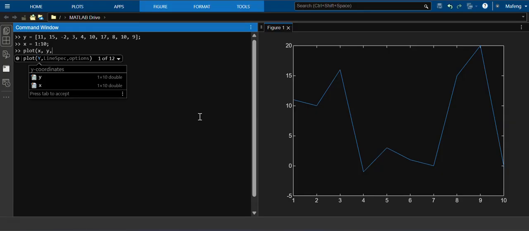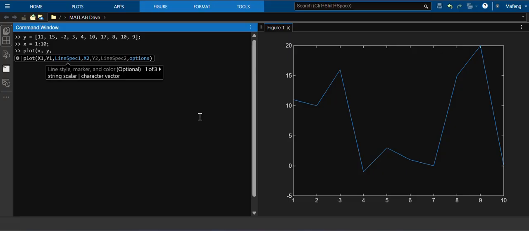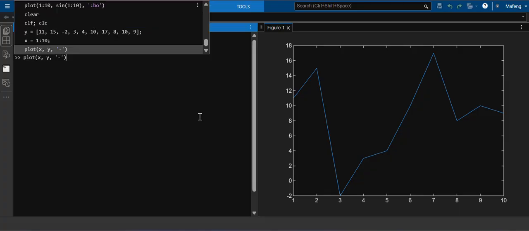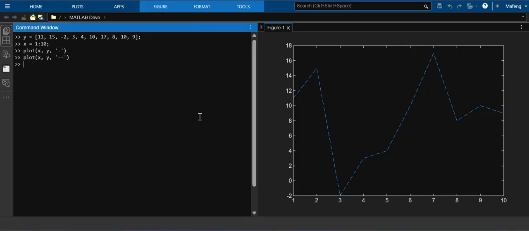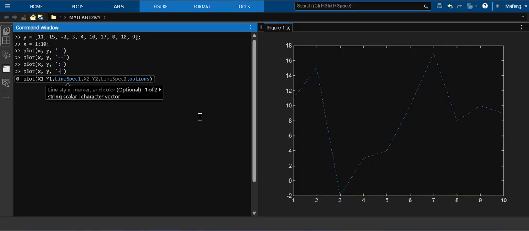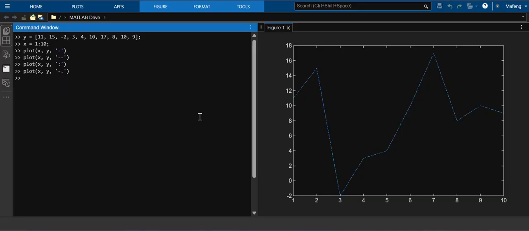So you specify the x and the y, and then you specify, let's say, the line style. So we want a dashed line. By default it's going to be a solid line, which is what we have here, right? So if we want a dashed line, this is now a dashed line, right? We've changed the style of the plot. If we want a dotted line, it changes now to a dotted line. If we want a dash and a dot, we would have this dash dot dash dot. And if we want no line,